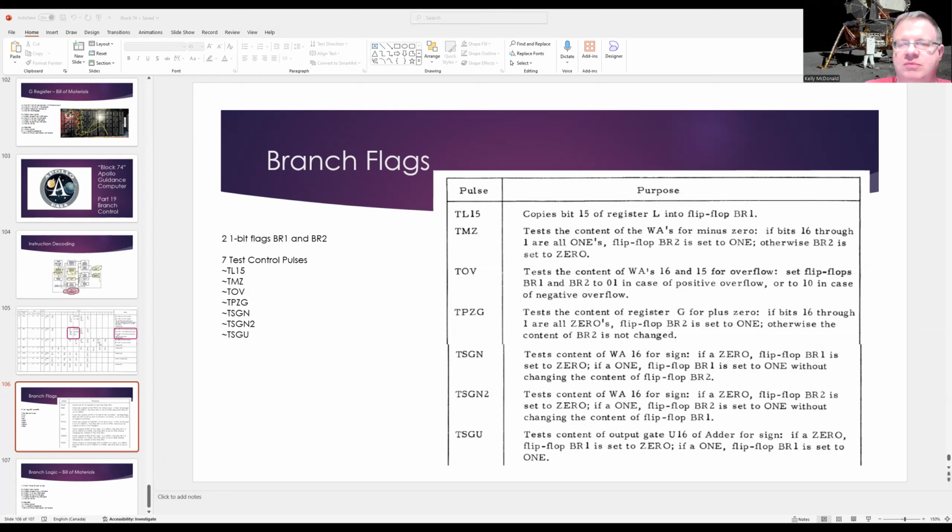So if the control pulse, and because we have negative logic we invert that, and G is 0 and the control pulse has been asserted, we AND that, and that generates what we need to set, in this case BR2. Then we'll OR it with a bunch of the other conditions that will set BR2. There's several other conditions, and we OR them together, because in some scenarios we want to take into account the contents of the branch register. It loops back around a little bit just to make sure that we don't reset the values